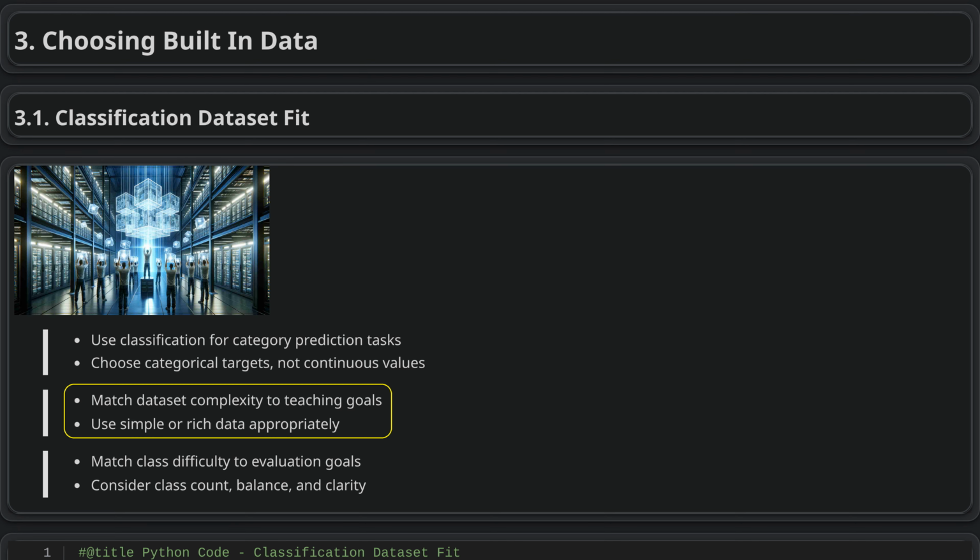Choose a classification dataset that matches the teaching goal. Simple datasets like iris work well for introducing basic workflow ideas, such as inspecting features and measuring accuracy. More complex datasets like handwritten digits are better for showing classification with high-dimensional image data. The goal is to support the concept being taught,